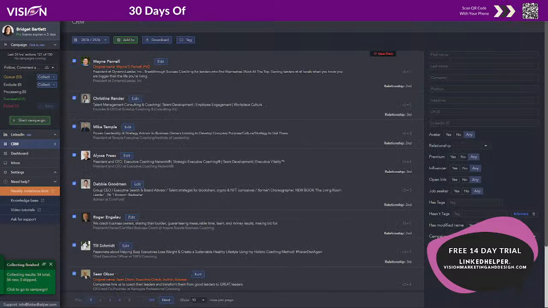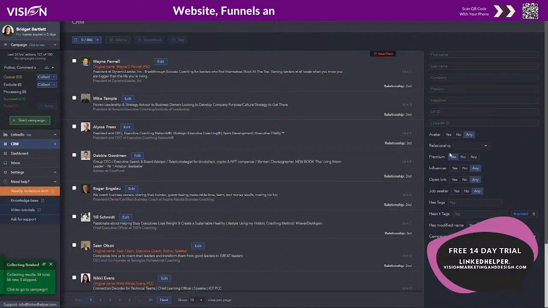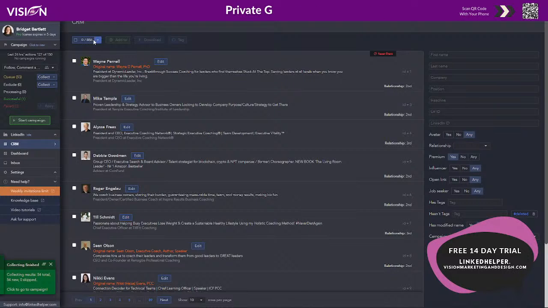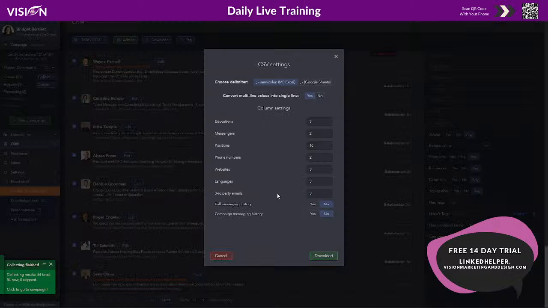Okay. So if you look in your CRM, you'll see that these are all the contacts that I've added here. You can search through the contacts that you have by first name if you're looking for someone specific, the avatar, relationship. Maybe I just wanted to search for people who are on the premium plan who actually pay for LinkedIn. So I could do that. I could search for influencers or any of these other things, or tags or whatever. And if I wanted to select all of them, I could actually download the list as well.